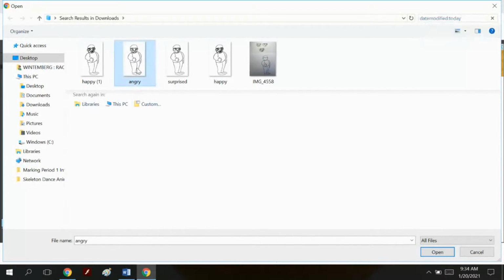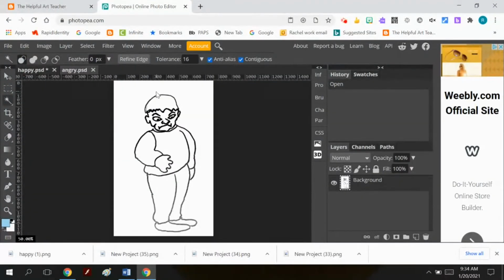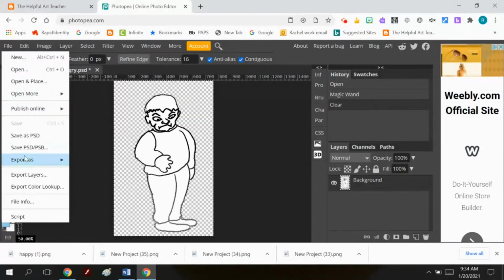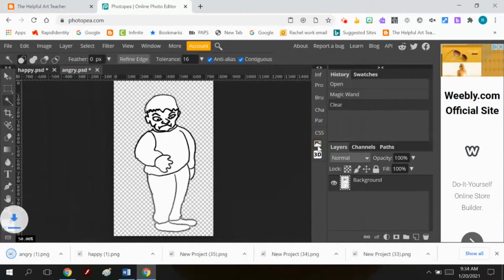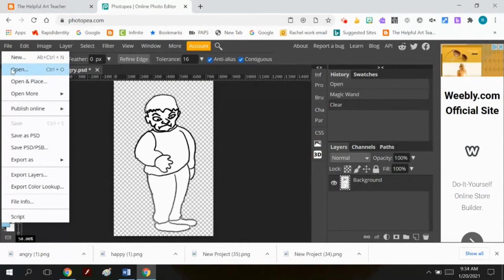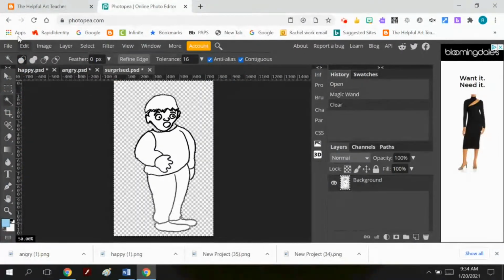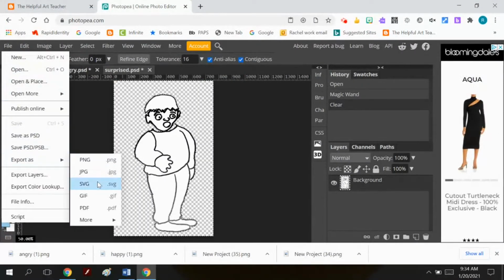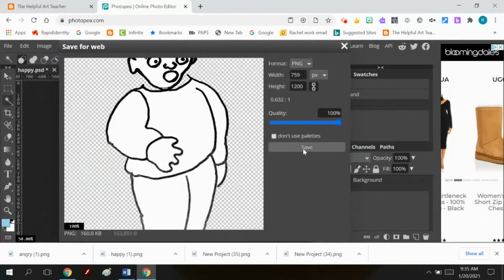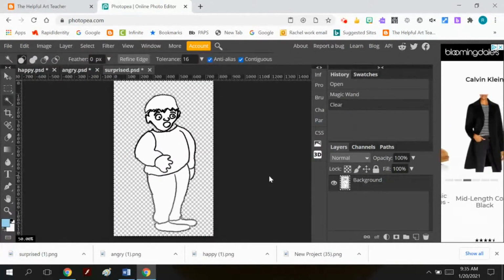Instead of happy, it's going to be happy with a parentheses 1 after it. This is going to be angry with a parentheses 1 after it, and this is going to be surprised with a parentheses 1 after it to distinguish the 2 files. So just so I don't get mixed up and accidentally use the ones that have that white